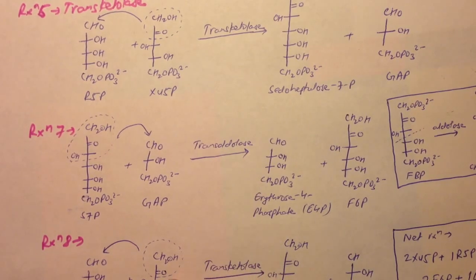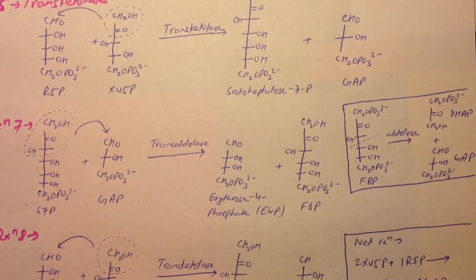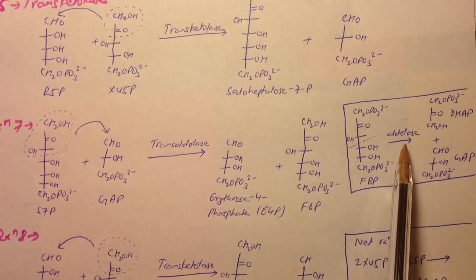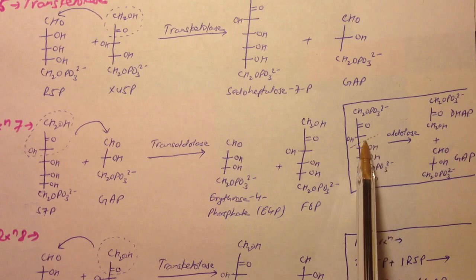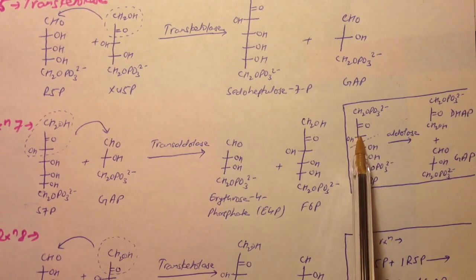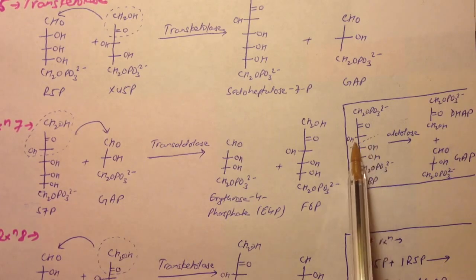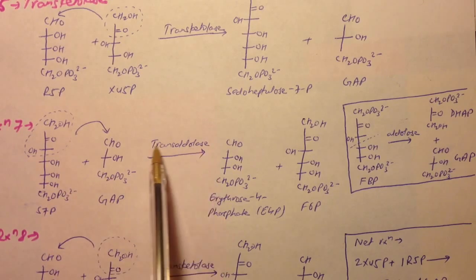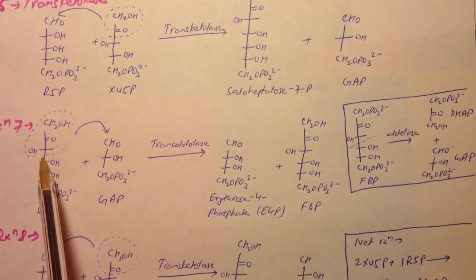transaldolase. You guys saw the enzyme aldolase in glycolysis if you studied that. What aldolase does in glycolysis is, for fructose 1,6-bisphosphate, it cuts the molecule in such a way that the position of the cut is 1 carbon after the carbonyl carbon. So this is what it cuts, and similarly in this case, this transaldolase cuts this sedoheptulose 7-phosphate 1 carbon